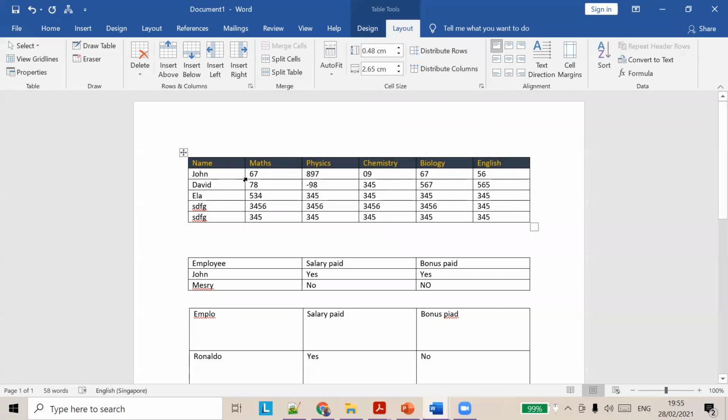You can also do it from the layout. The layout will appear when you click on the table. So the layout, this menu is specifically for this table. Okay, so you can add